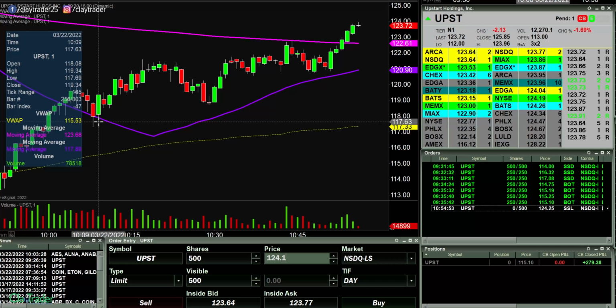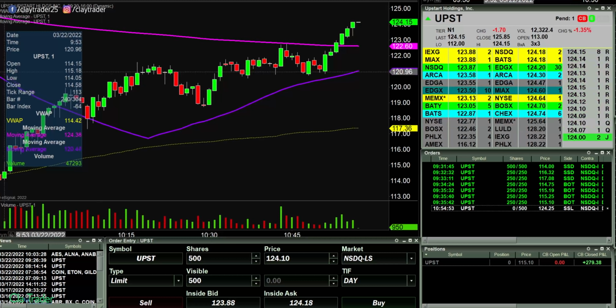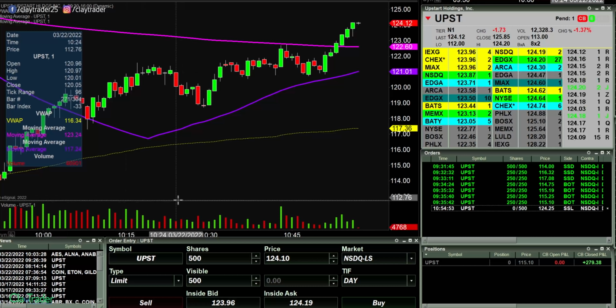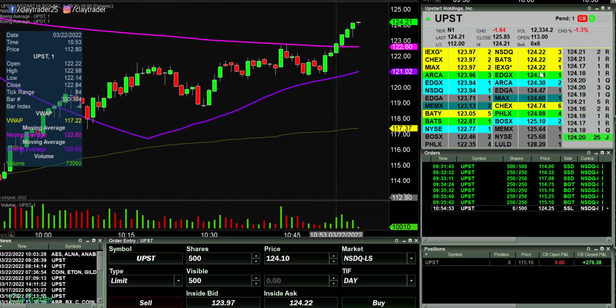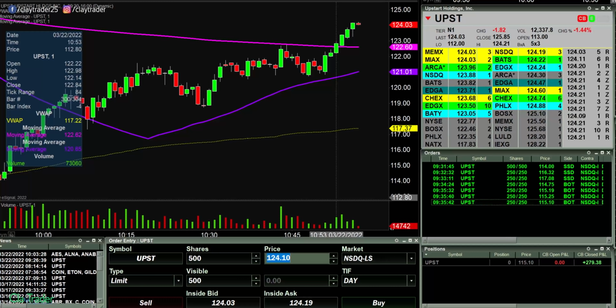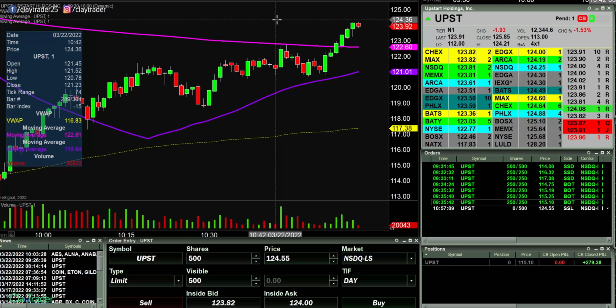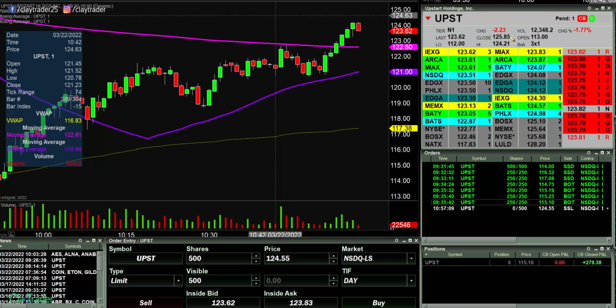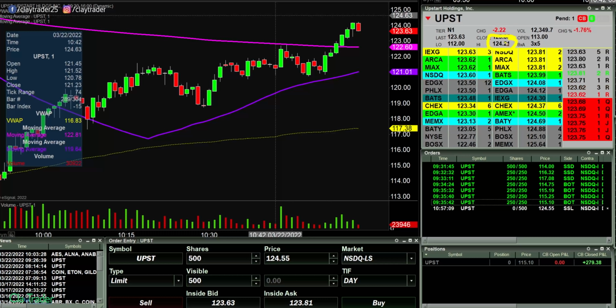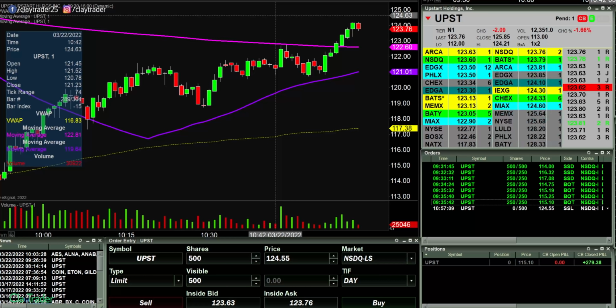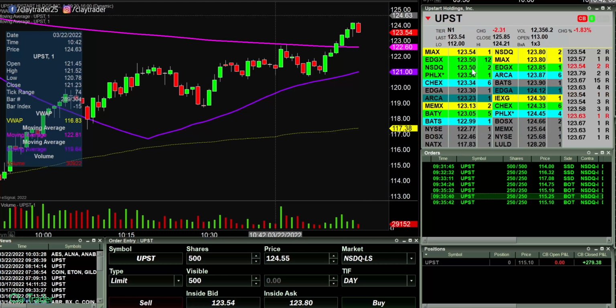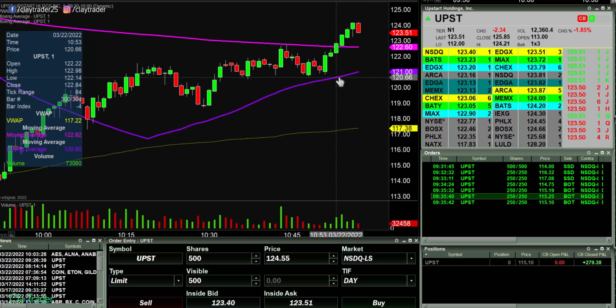I will go ahead and pause. Okay, there's the break. Oh, notice how it's stopping right below me. So got to go to 124.55. Another good little example there on the level twos. It shot through and just stopped at 124.21. So this one is indeed, that confirms that this is a difficult one to try to get in and out of unless you're just willing to hit the bid or hit the offer.